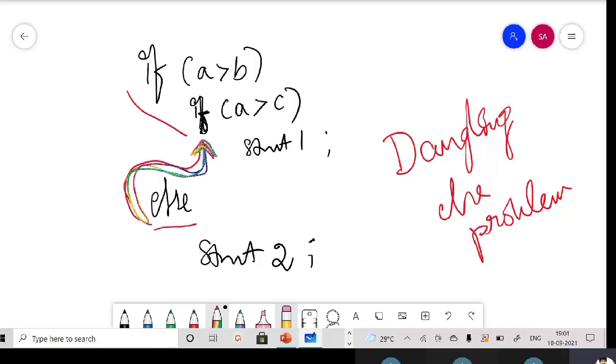Yes, tell me. Sir, in dynamic memory allocation, if we freed the memory which was allocated previously, and if we try to point to that memory location, then it will become a dangling pointer, sir.